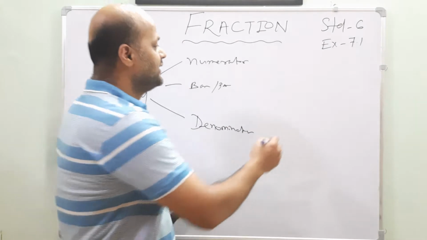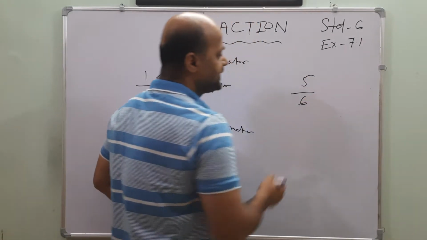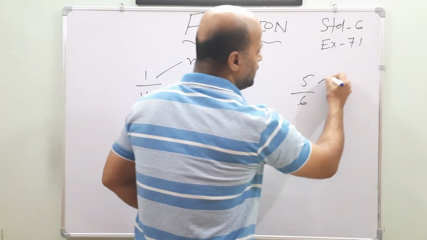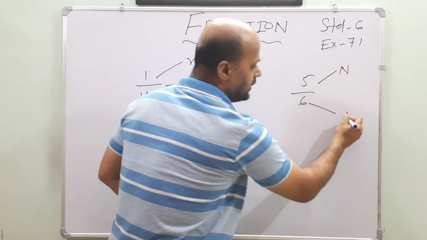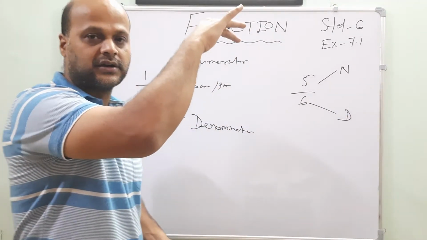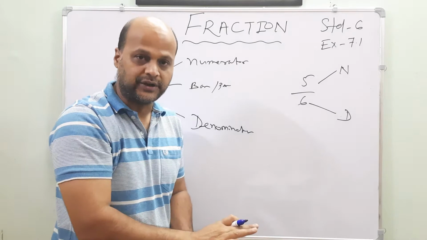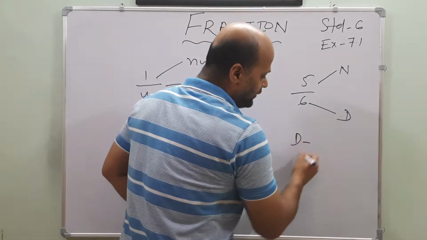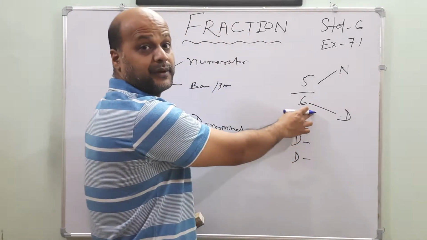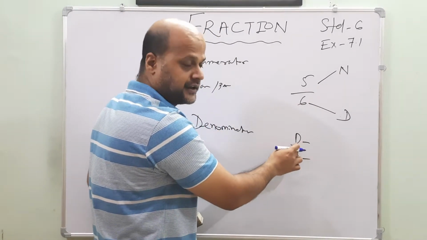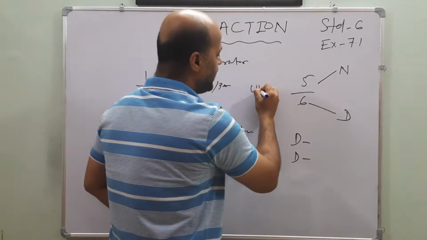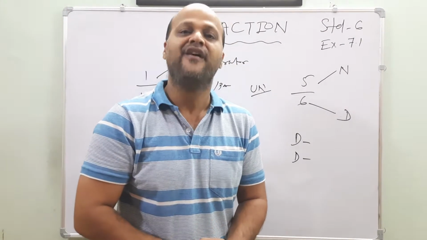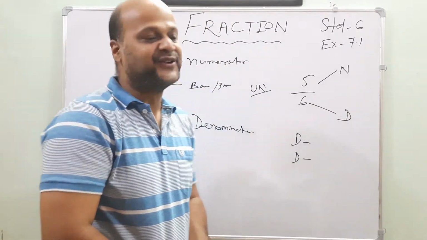Now the question is coming. If I write 5 by 6, which one is called numerator? Yes, the upper part is called numerator and the below part is called denominator. Down, denominator; up, numerator. D for down, D for denominator. It will be easily remembered by you. The down part is called denominator and the upper part is called UN, United Nations. U for what? Numerator, in the case of a fraction. Understood? Okay, very good, my dear friends.